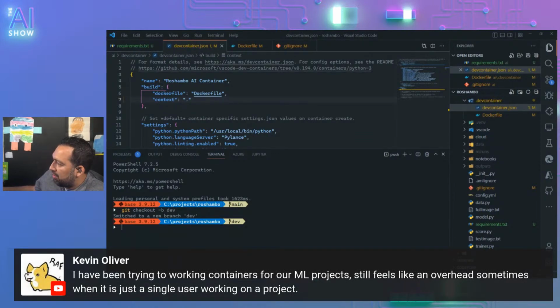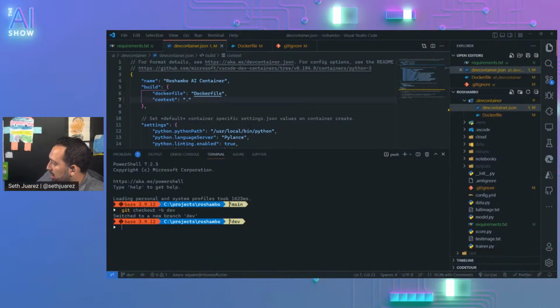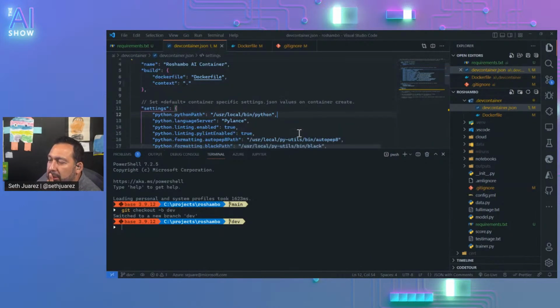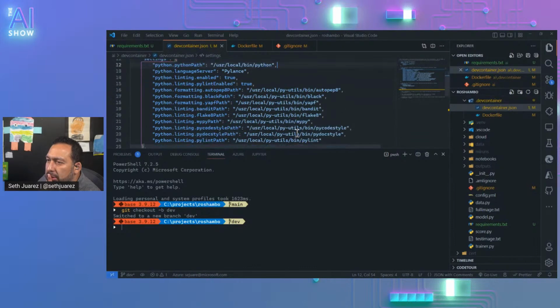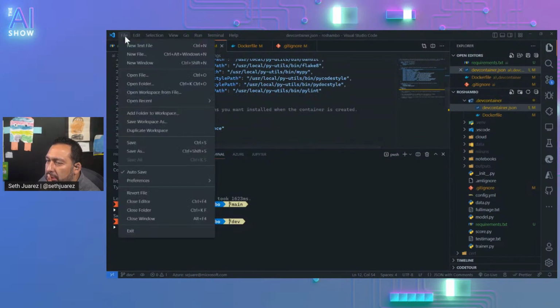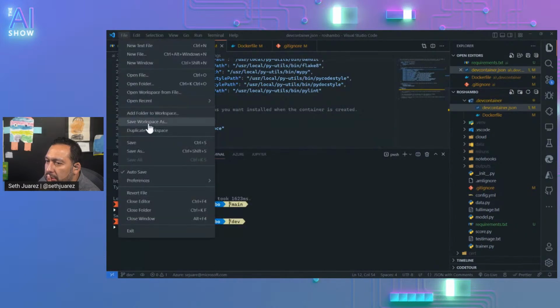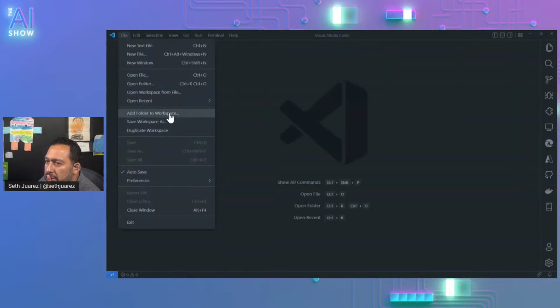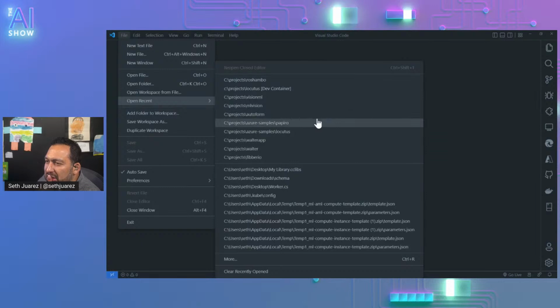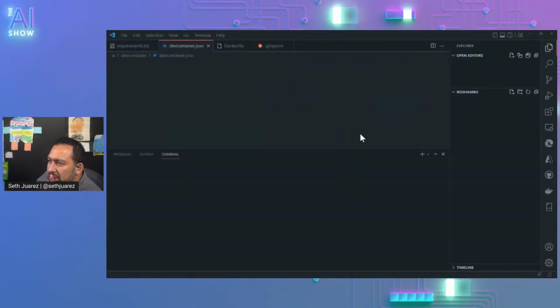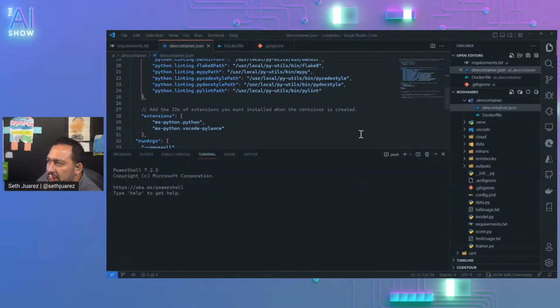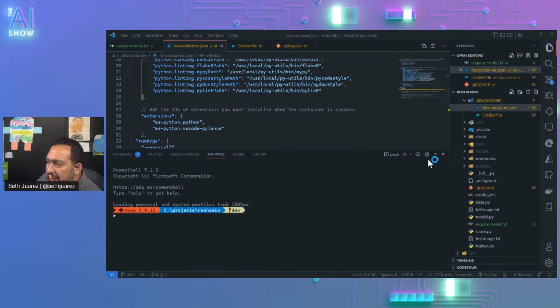Still feels like an overhead sometimes when it's just a single user working on a project. Reload, and I should ask. It did not.